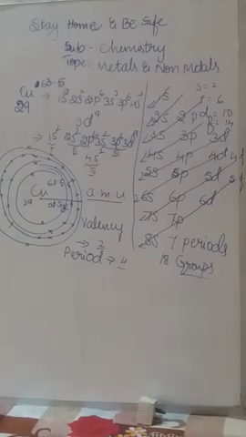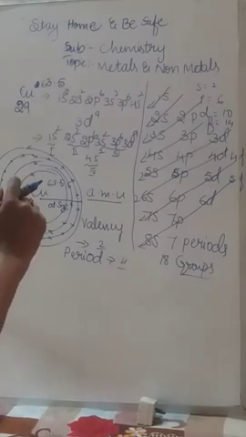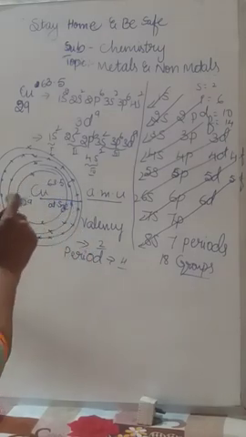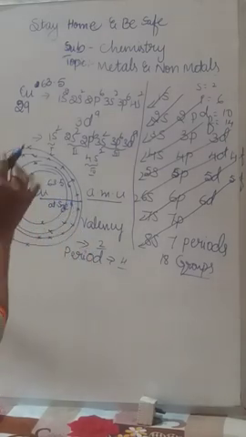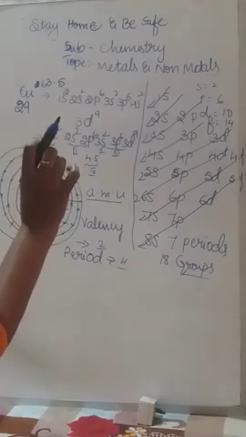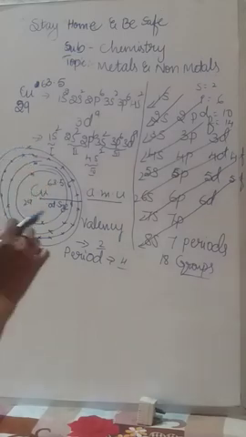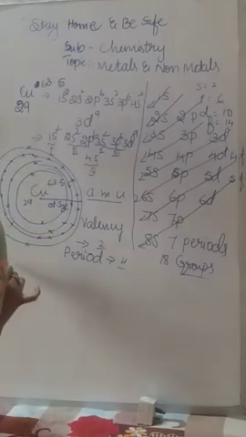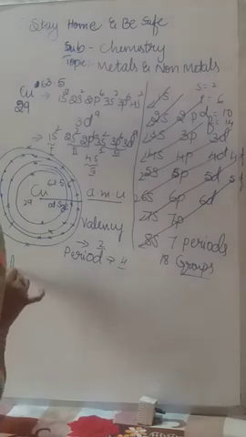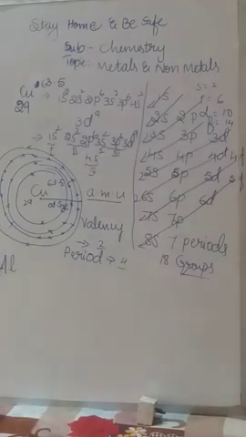Next, one more example I'll teach you on this period. That is easy. Then you have to practice with the other elements. So let us take one more. I already taught you three: sodium, chlorine and copper. One more I'll teach you: we have to go for aluminium. The chemical symbol of aluminium is Al, and the atomic number is 13.